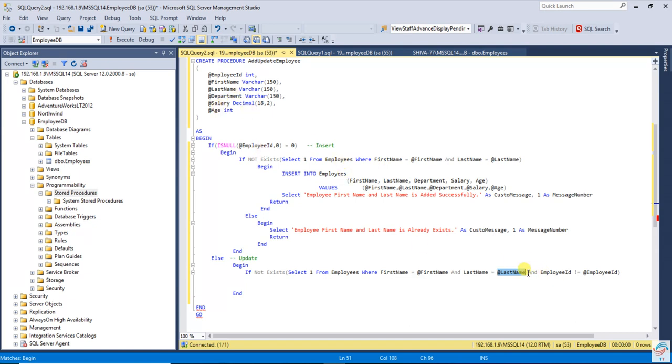If I will not write like that, then always it will check in the update that first name or last name already exists, because that value you are going to update. Okay, first name last name is already exist because you are updating the department, salary and age. So that time you need to check this value, that employee ID should not equal to employee ID. Okay, so